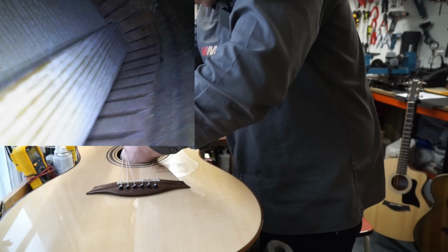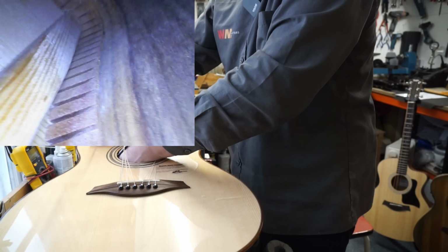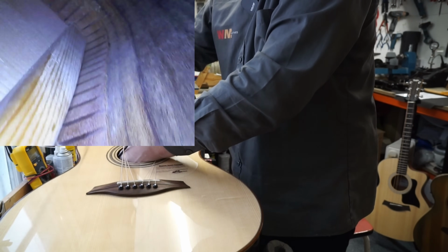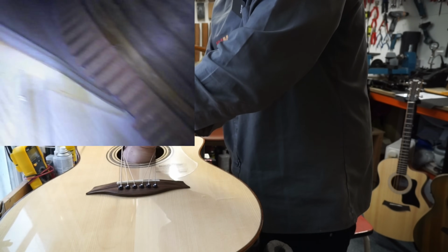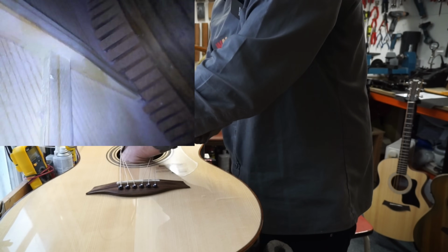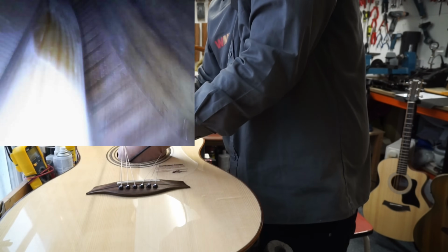Yep, same goes there with the transverse brace. So the transverse brace is the big brace that goes along the top. It stops the fingerboard pushing into the top, also stops the sound hole warping a little bit. We didn't actually cover that on the Taylor. The Taylor didn't really have much of a transverse brace. It did have one, but